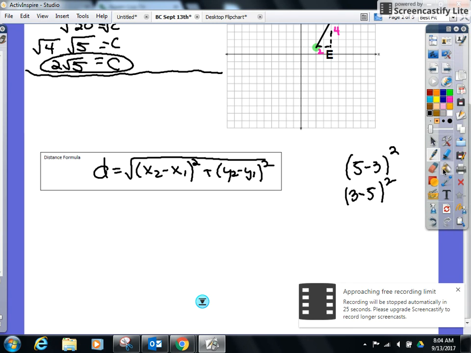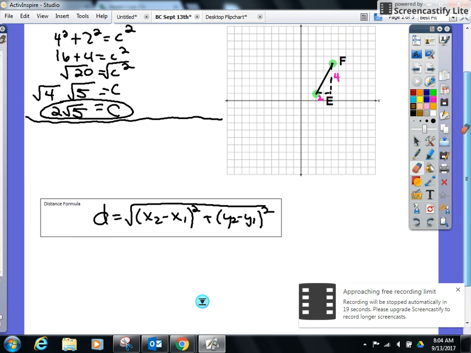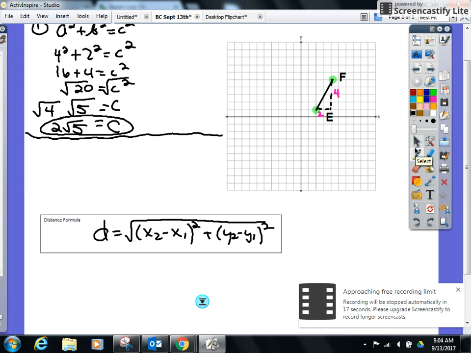All right, let's apply it up above now. Let's go back to our problem up above. Give me the x coordinates. What are the x coordinates for this one? 4 and 2, again, doesn't matter the order I put them in. 4 minus 2